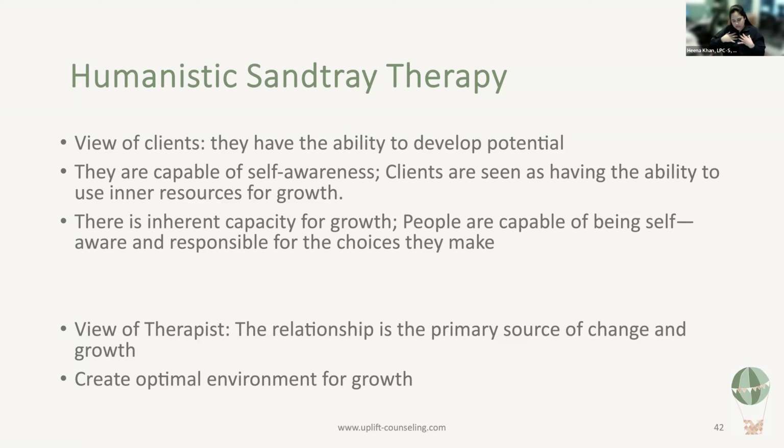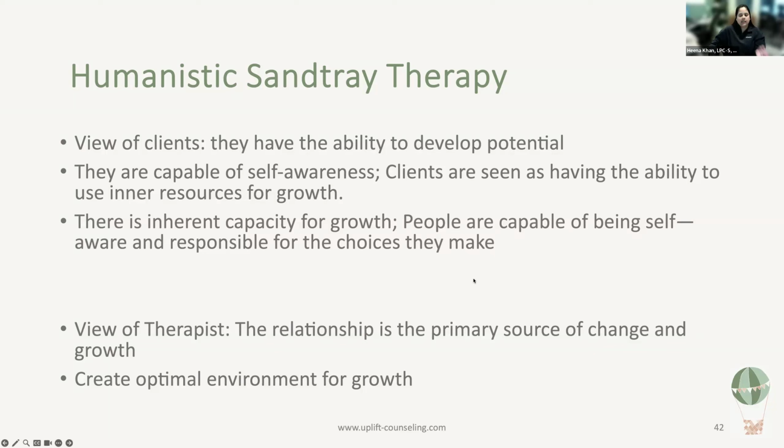And my job as a therapist, as a humanistic sand tray therapist or as a person-centered therapist, is to create this optimal environment for growth. The most powerful way of doing that is my relationship with the client. The change lies in that relationship. What kind of a relationship do I have that's creating optimal growth for this client?